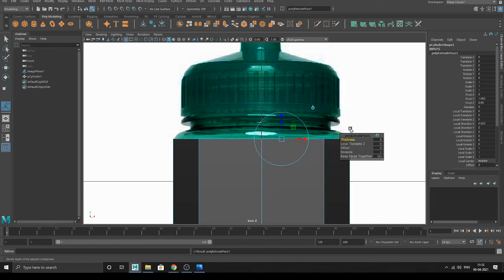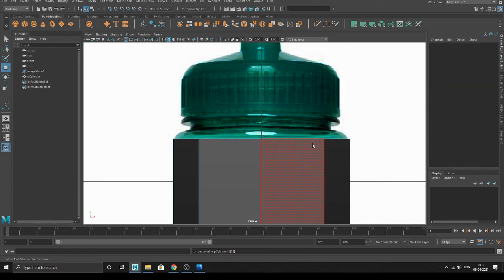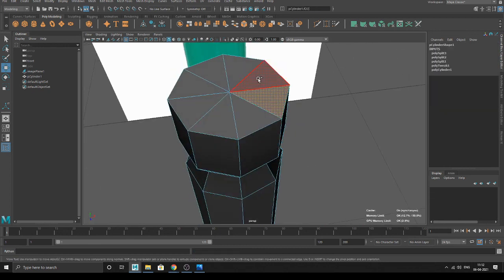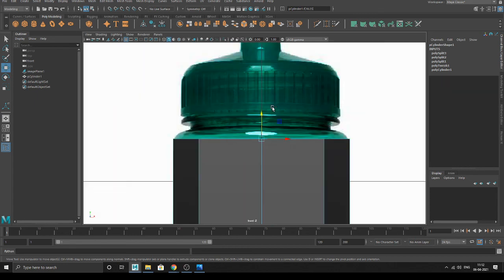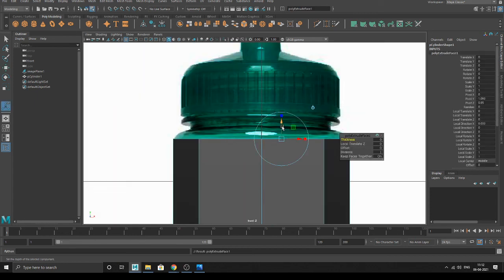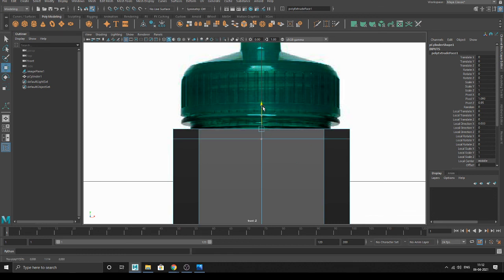You've extruded it. Now I'll press W. Okay, Control E. You can directly pull with this, but I prefer to press W and then pull it. A new layer, a whole new loop, is created. So now you can scale it down like this. Perfect. The shape is created now.